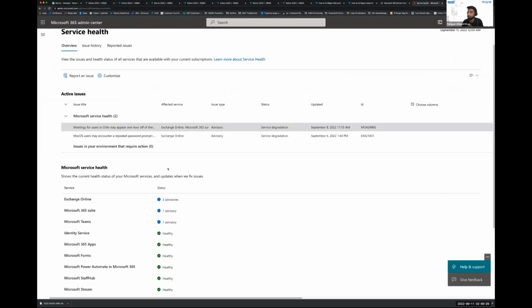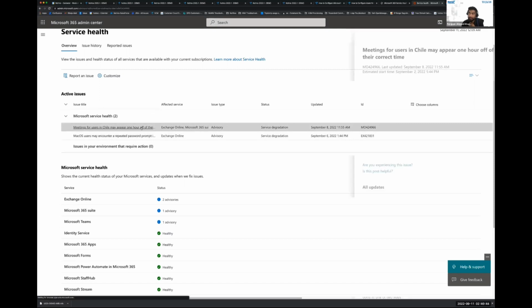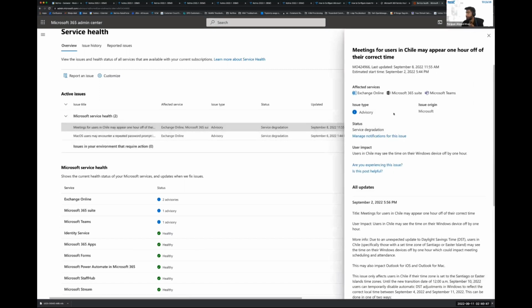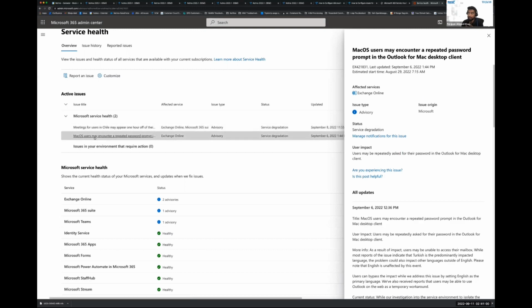On the service health dashboard, you can see the various health statuses of your various services and if there are any active issues currently. As you could see, I have 2 active issues that are being reported by my 365 admin center. Here you can see I have meetings for users in Chile experiencing an incorrect time, and the services that are affected by this are Exchange Online and Microsoft Teams. And then we have another issue where Mac OS users are facing repetitive password prompt on the Mac desktop client,